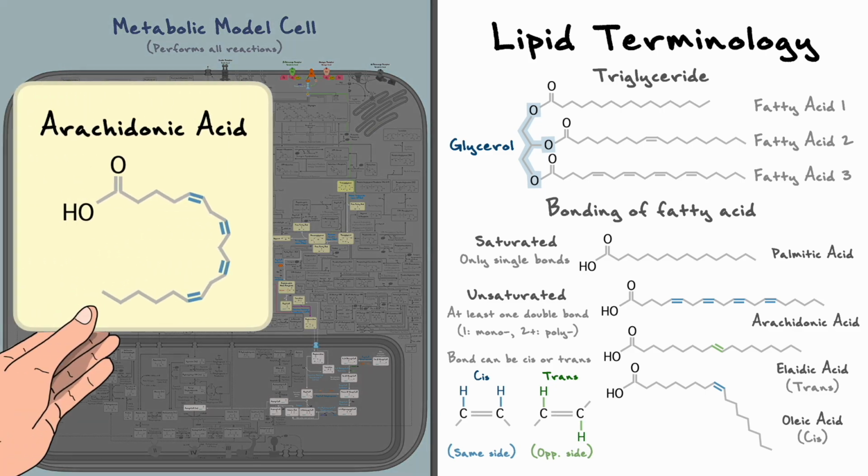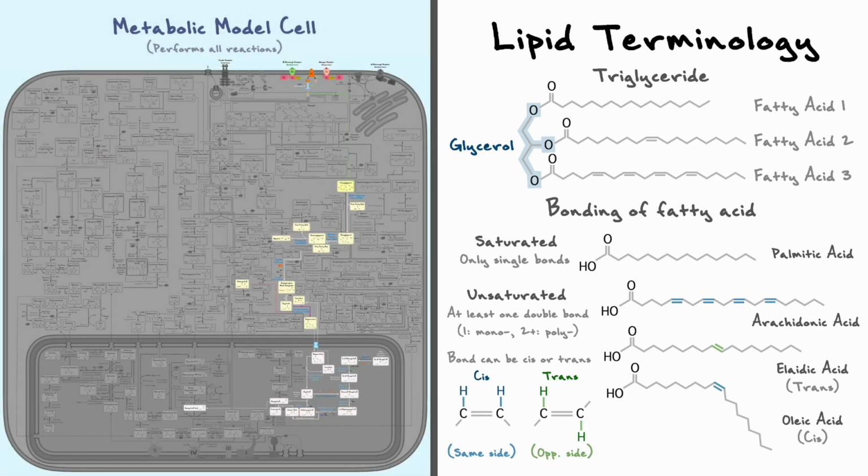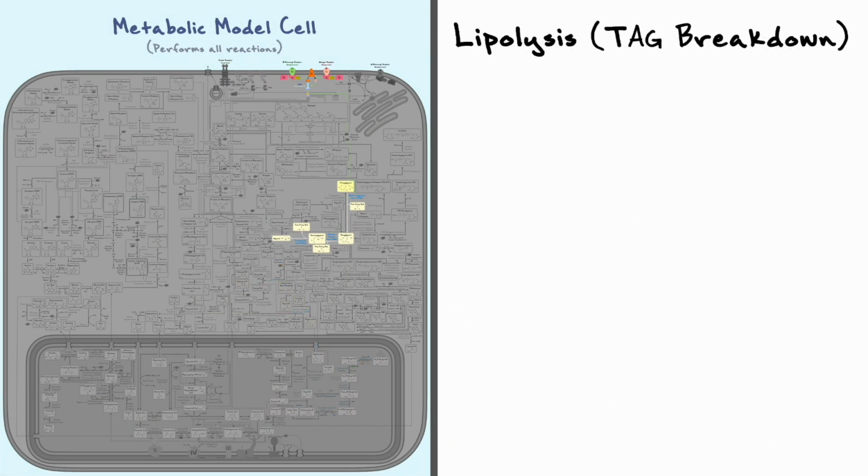Lastly, as a quick note for arachidonic acid, I showed its structure in this linear way to make space, but in cells, the structure looks more like this due to every bond being cis and thus making this bend in the structure. Alright, now that we have this in our toolbox, let's discuss the catabolism of fatty acids, starting with